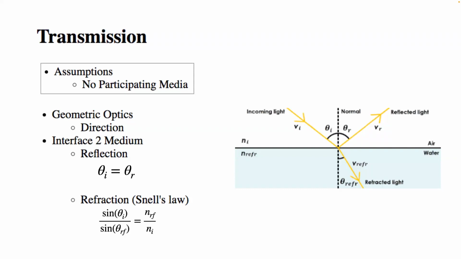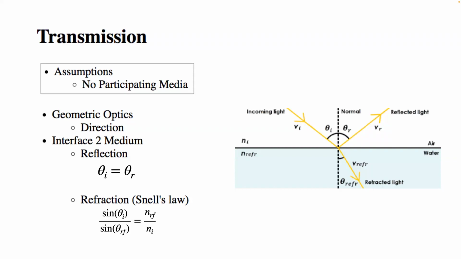If this medium is an opaque surface, what's going to happen is reflection. So we have the incident light ray, and then we have the reflected light ray. For a perfect mirror, the angle of incidence is going to be equal to the angle of reflection. But if it's